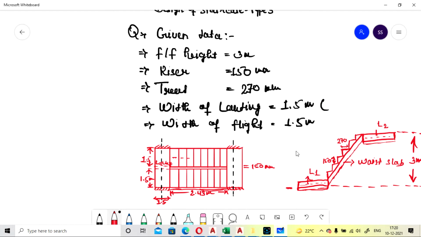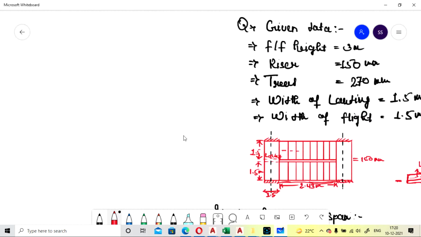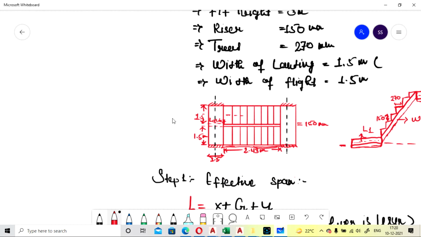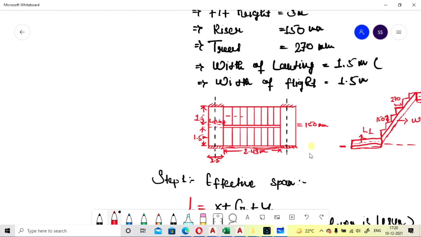And this is the width of landing. We are going to take 1.5 here, and similarly here.